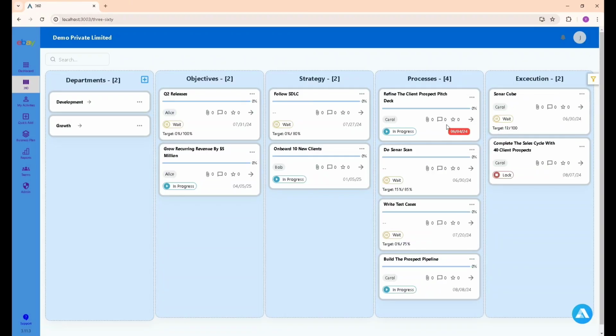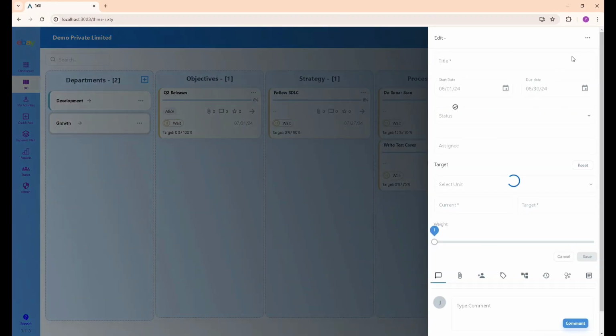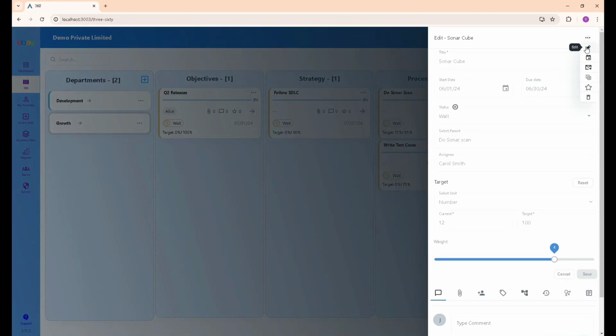Then I can go in. So you can see there are progress bars on each card. So whenever the last item or the leaf item is updated, its parent's progress gets updated. So right now, I want to see only development. So in development, the Q2 release for SDLC, and then we have two queues. So if I update the sonar queue status to done,